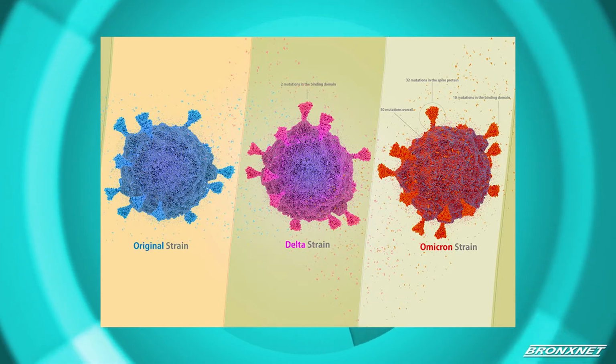So of the 13 mutations in Delta, there were 9 in the spike protein, and it became clear that Delta was about twice as transmissible as the original virus, meaning you're twice as likely to pass it on as compared to the original virus. It was also clear that it caused significantly more severe disease, probably because it binds a little bit better to lung tissue, right? The Omicron variant, so whereas Delta has 13 total mutations, about 9 in the spike, the Omicron